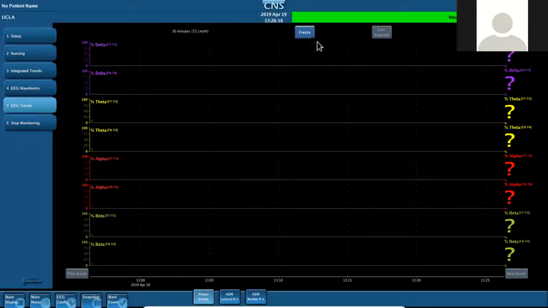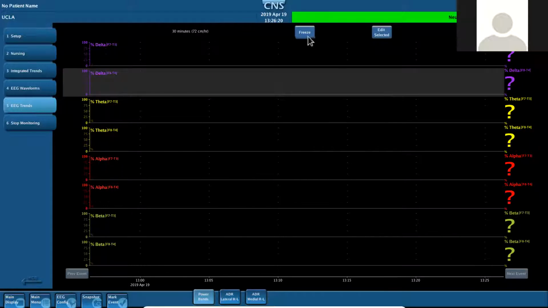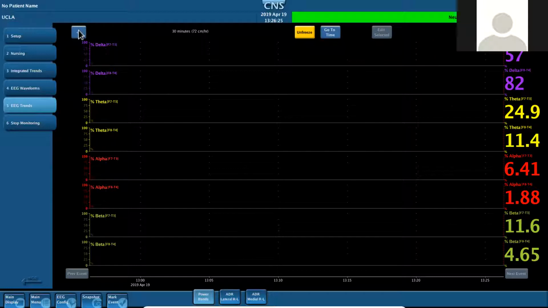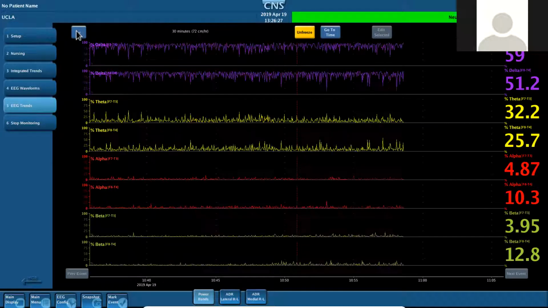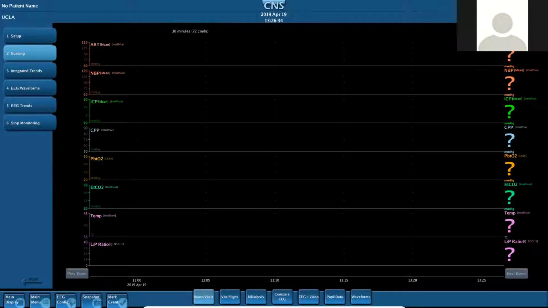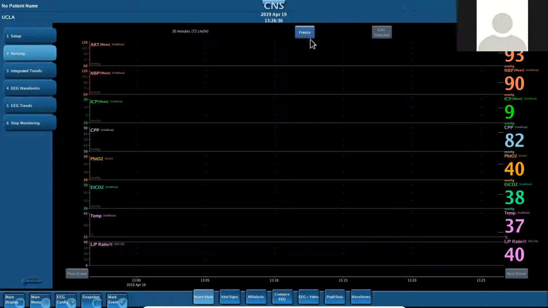I'm going to have to go back in time a little bit, to where we actually had data. There, we have some data. That's good. As you know, we can look at the data directly from the screen. We can freeze the incoming data, and we can go back and look at the data that way. So I only had a little bit of data gathered